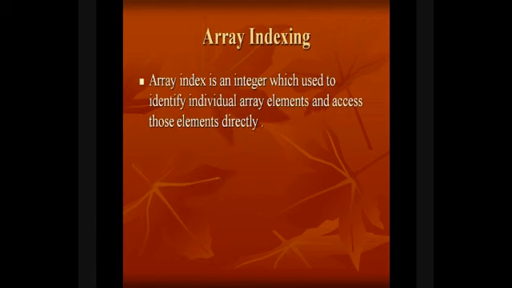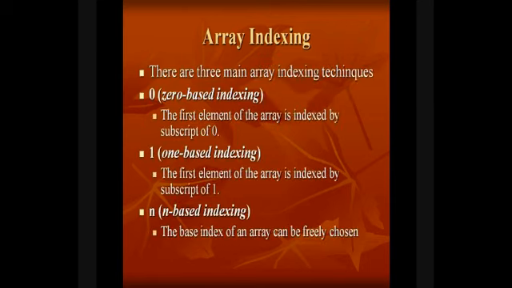Array index is an integer which is used to identify individual array elements and access those elements directly. Array index can be thought of as the identity of an array element. By specifying the index with the array name, we can access the array elements. There are three main array indexing techniques. The first one is zero-based array indexing, where we start indexing array elements from number 0,